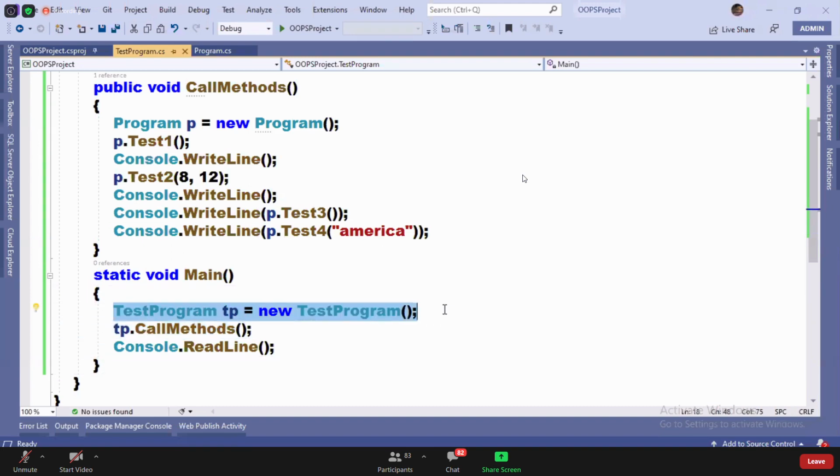The current class, that is the test program. An instance of the current class is created. Okay? With that instance, what are you calling? Call methods. So control jumps to call methods. And in call methods, what is happening?